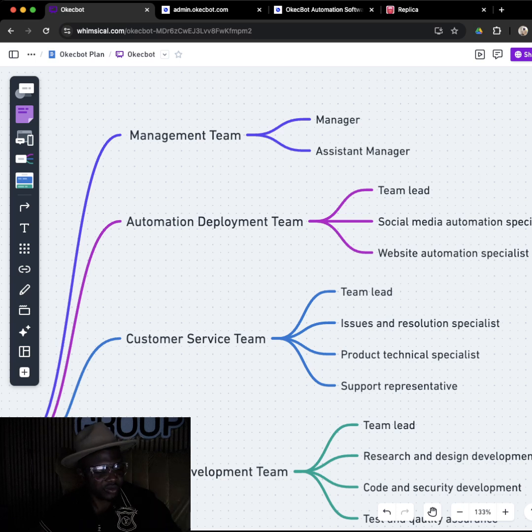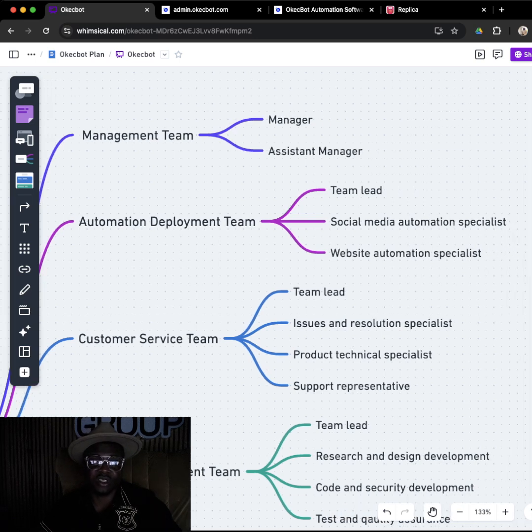However, when people engage me on this, because I'm a software developer and I also manage a couple of other businesses, I would sometimes not be able to deliver completely. And this has ruined the reputation of Okecbot, as most people might think the service is a scam if they pay for something and don't get it immediately. So my solution is to set up, like you've seen here, an automation deployment team.